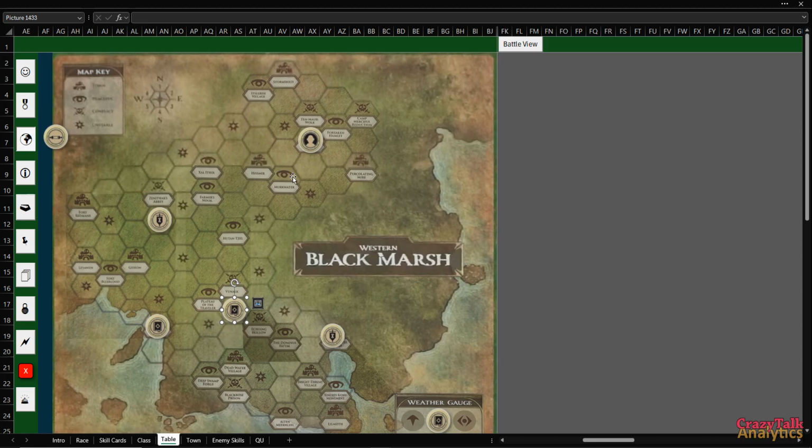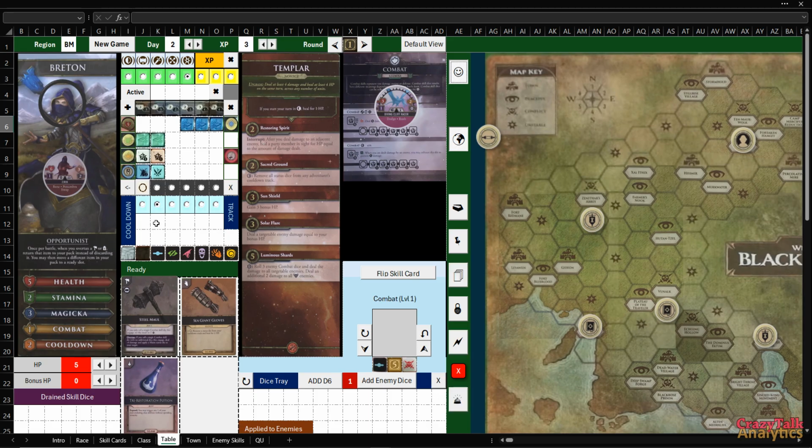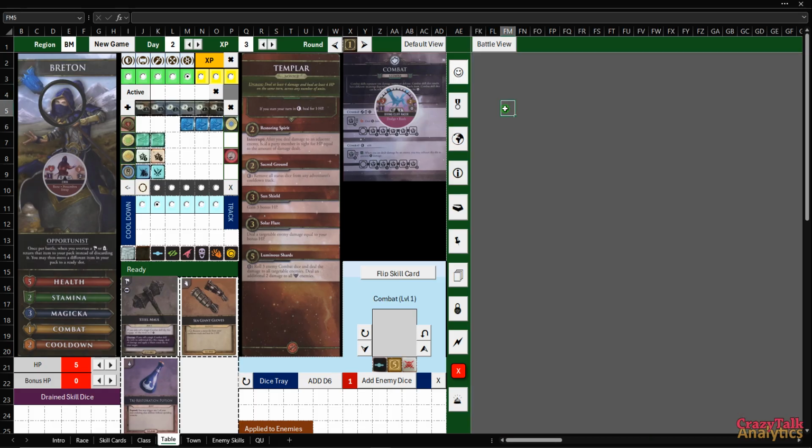And now I'm on my rest and recovery, so I don't actually get to move yet until my next day. But I don't think I have anything for rest and recovery. This does remind me I forgot to populate the trunk, because part of the rest and recovery step is I can go ahead and take some items from that trunk. So bear with me one more moment. I know I'm not doing a great job, right? I said I was going to try to remain calm and pause and focus. Okay, I've got my